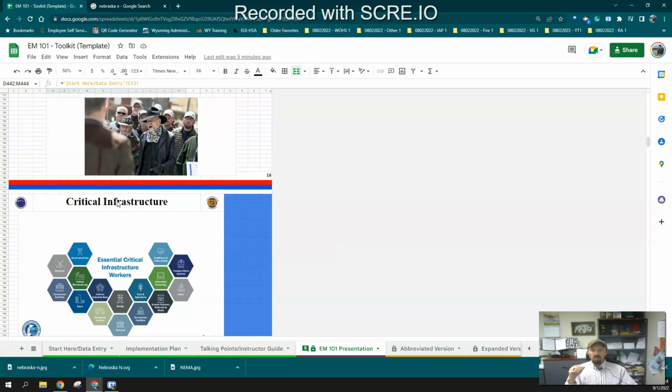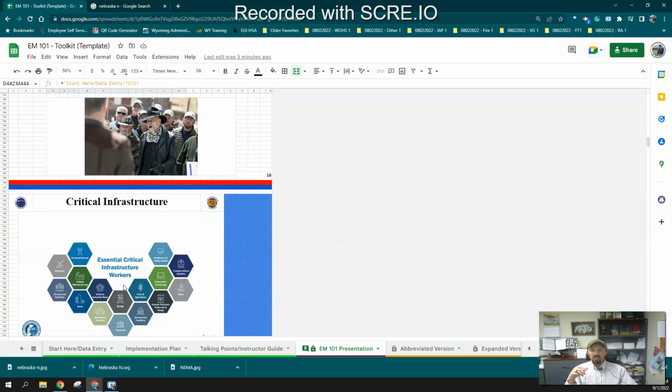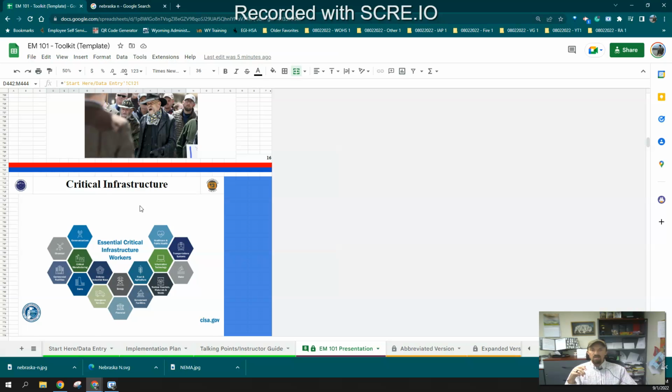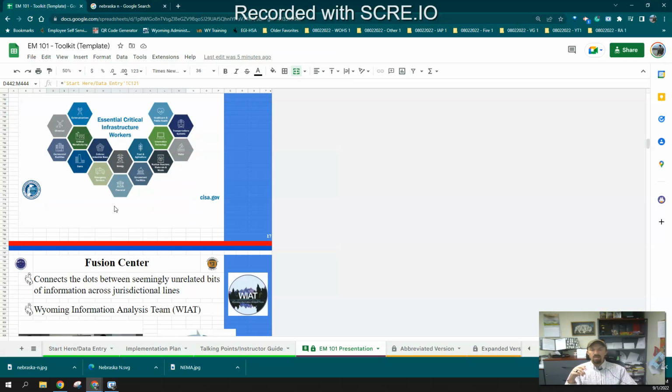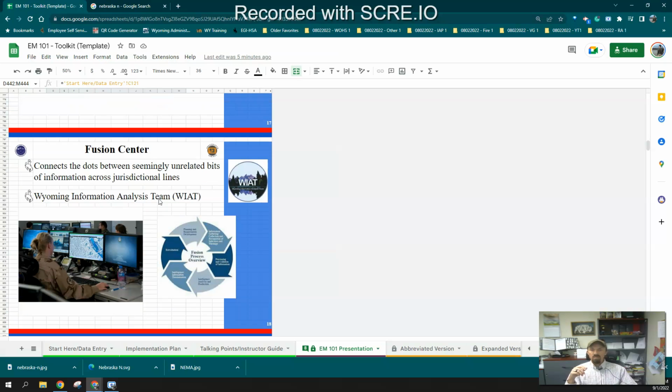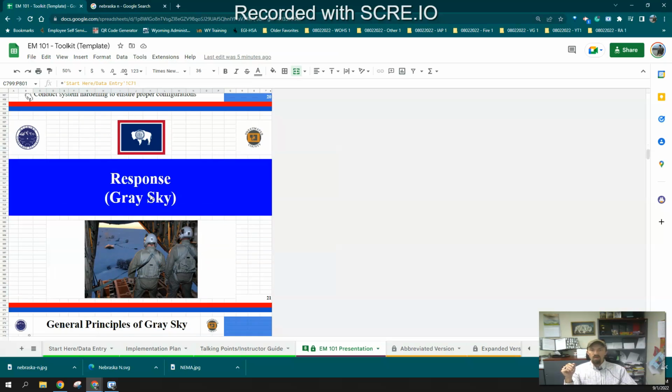And for us, critical infrastructure falls under that. Sure, it could be impacted on the all-hazard or natural disaster side, but we're utilizing that in sort of this homeland security, protective, core capability type approach. Same with the Fusion Center. As you type in on the front, it'll bring in your logo, your graphic, your name, some of that. We talk a bit about cybersecurity here, and then we shift gears over to response,